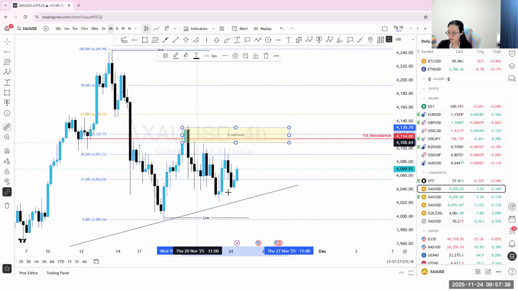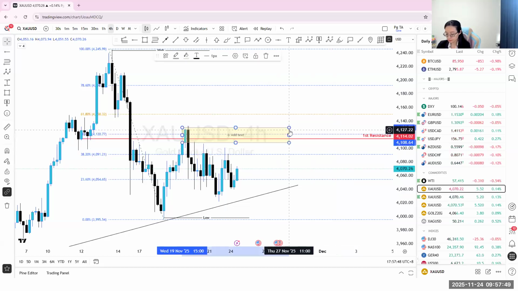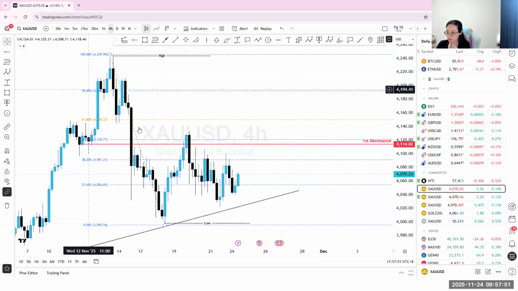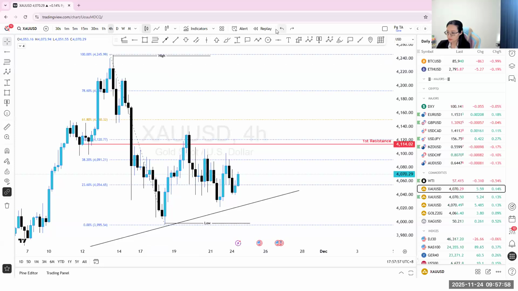This is in H4 time frame. From the swing low to the swing high, it's almost 70 pips from this OB H4 and resistance level. So from this high to this low, we sell here. So my trade setup is going to be